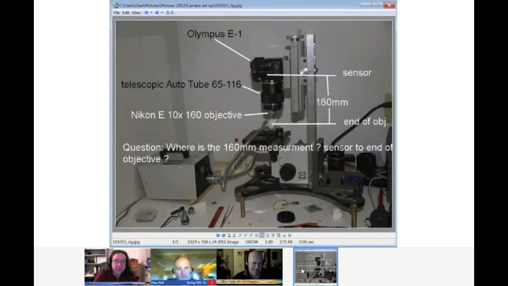So this is a look at the bench table camera, and basically you can see it's vertically mounted. In this setup, I have an extension tube, which is basically the same as a bellows, except Olympus made a teleconverter extender that's like stacking rings. So it's solid. It moves in and out, and it's very handy for moving it back and forth. On the front of this is a Nikon E10X objective. It's a microscope lens, and you put it on the front of that,